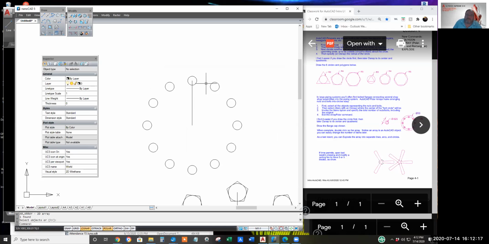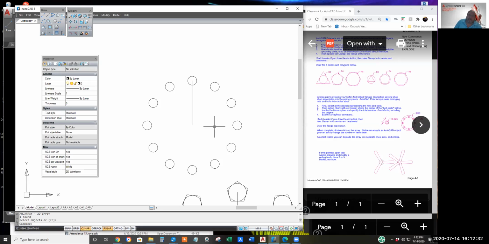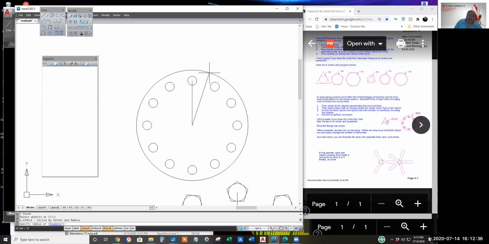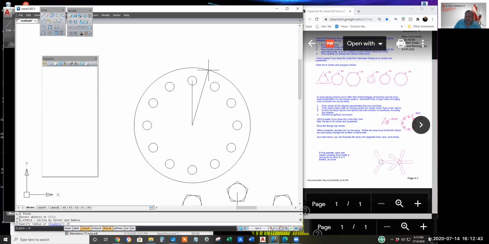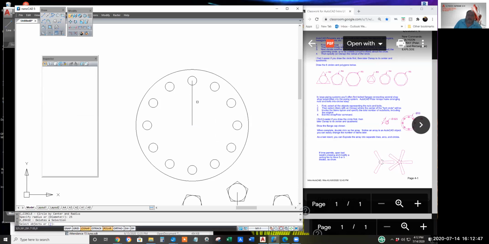There's the 12 2-unit radius circles about the 20 unit radius bolt circle. The outer flange would be something bigger, like 25 maybe. Or erase the guidelines.